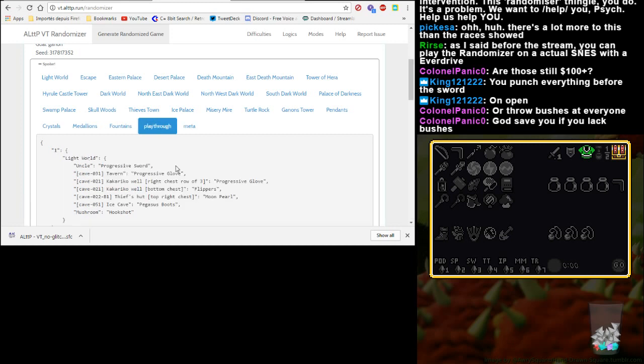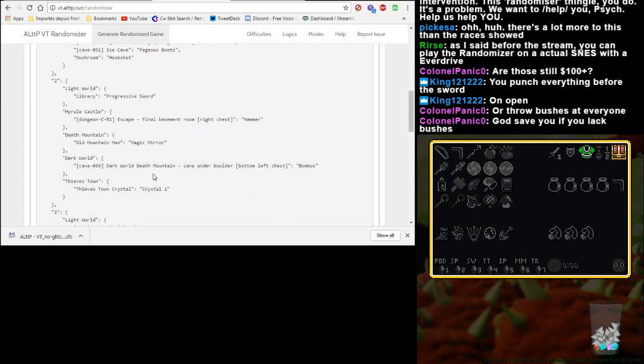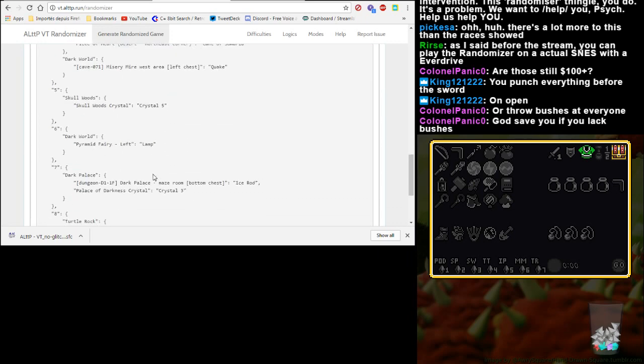Meta is just... Oh, okay. So for instance, it will tell us about the general playthrough you will have to do in order to beat the game. You get your sword from your uncle, then the glove from the tavern. That's not what we're going to do, because this is a completely different seed. Unless I lucked out and managed to get the two things in a row, but...